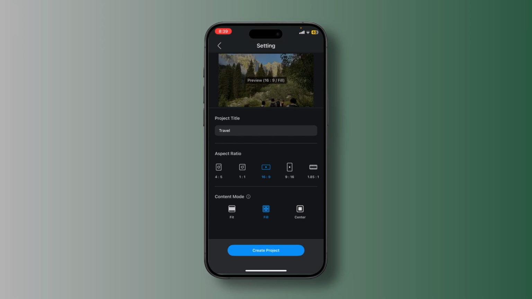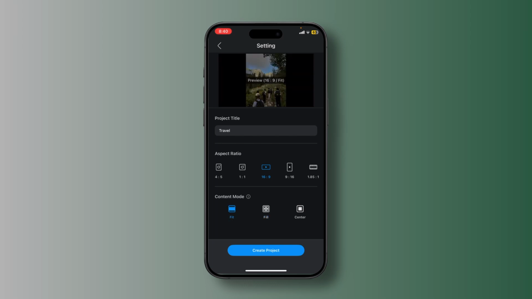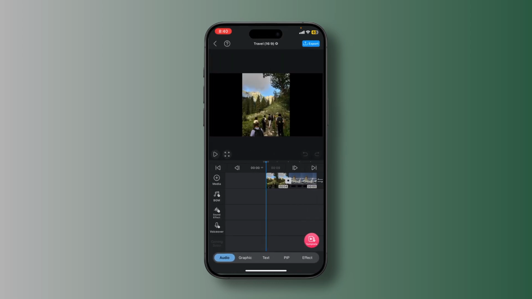After selecting the ratio, move to the control mode. Here you can choose how your video fits to the screen: fit, full or center. Once everything looks good, tap create project. VLLO will now create your project based on the selected ratio and content mode and you will be taken directly